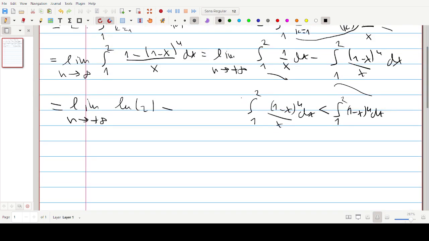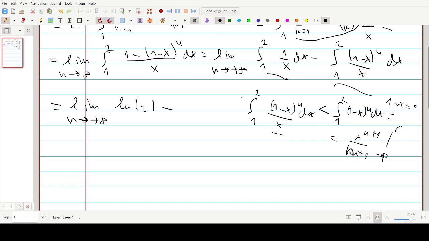It is less because we are dividing by something that is from 1 to 2, so this is strictly less than this one. We introduce a substitution, 1 minus x equals t, and when solved, we will get t to the n plus 1 over n plus 1, from